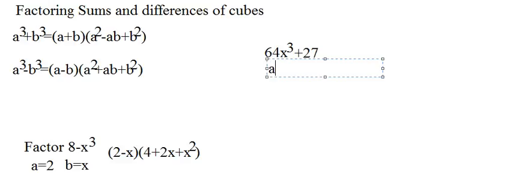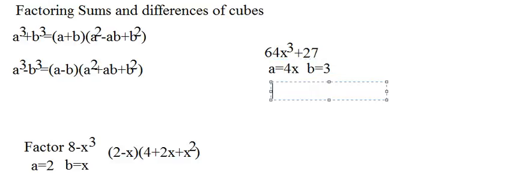So A equals 4, and the cube root of x cubed is x. Then 27, the cube root of 27 is 3. 3 times 3 is 9, times 3 is 27. And once we've got that, it's just plugging in. So we plug right into this formula. A plus b is going to be 4x plus 3